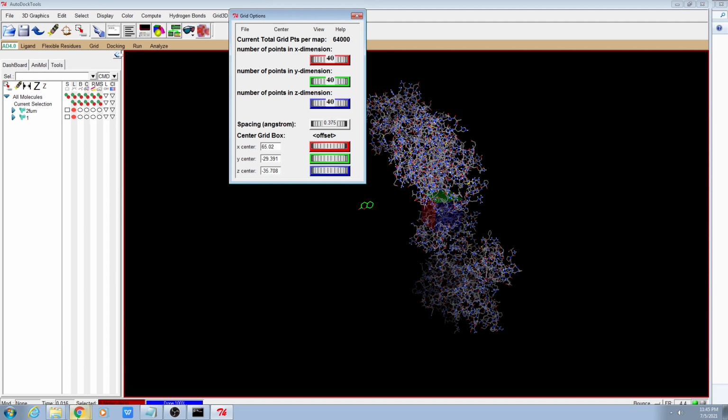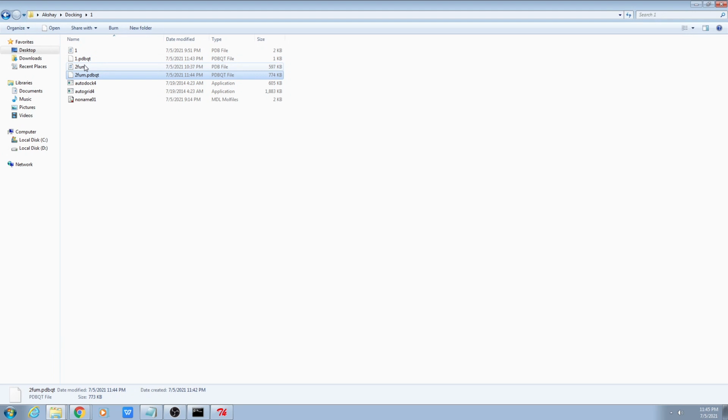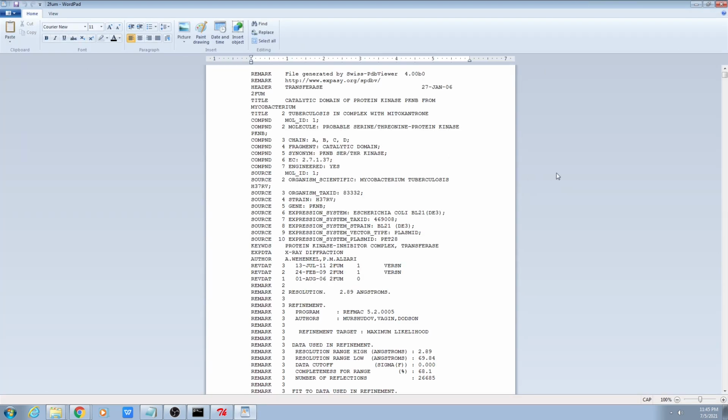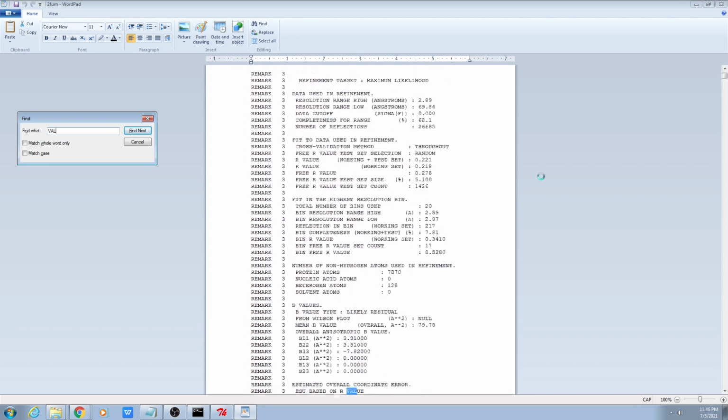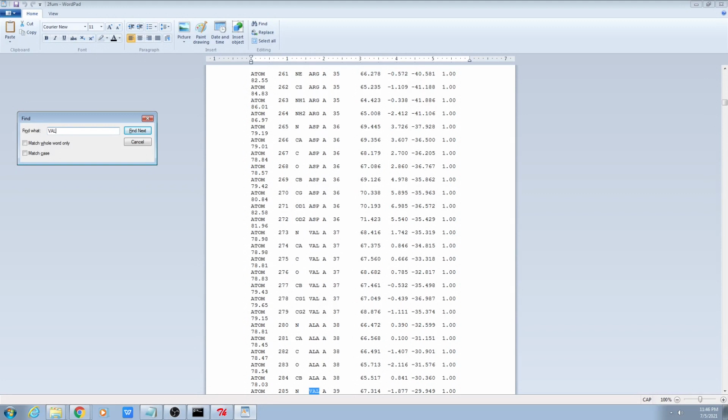So how do I find the coordinates? You just go to your particular folder 1 and open your 2fum PDB file, press Ctrl+F and type valine. Drop down looking for the valine. This is the valine and this is the residue number, and these are the x-axis, y-axis and z-axis.